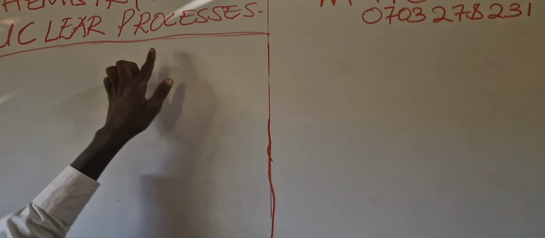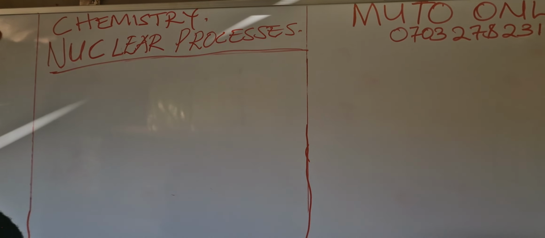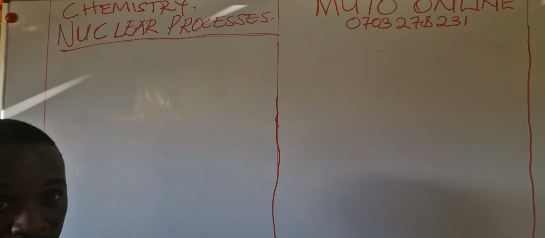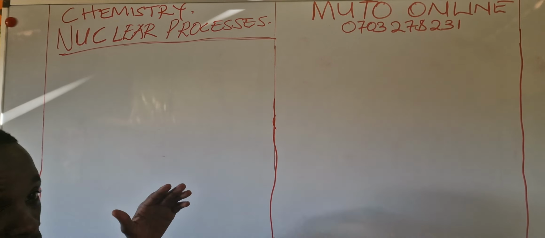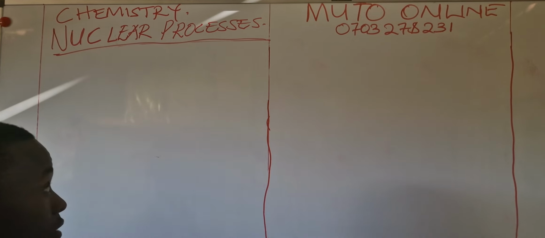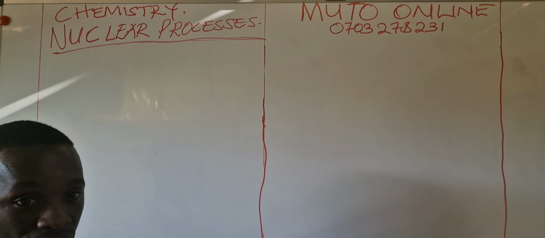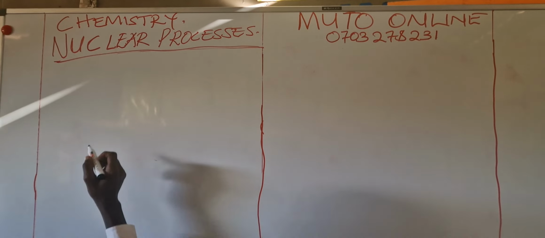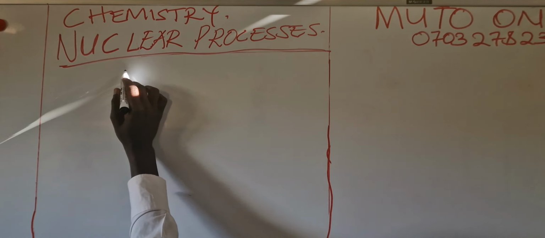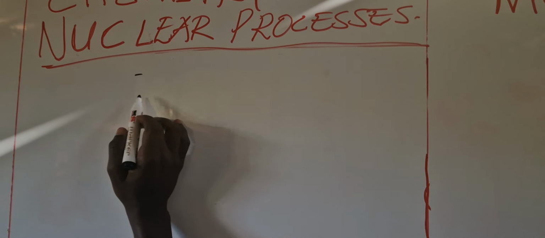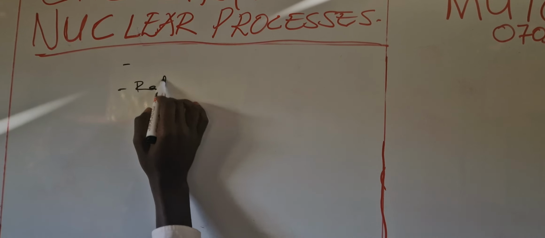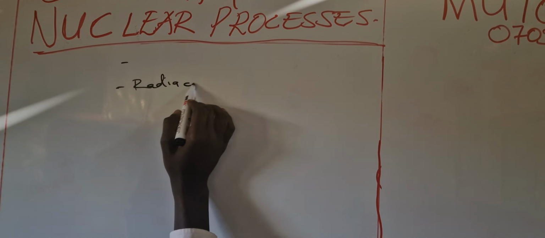We are simplifying nuclear processes. We are ensuring that this is the simplest portion of chemistry. And if you watched the first and second video, we are simplifying further this topic. In the first video, we introduced this topic and looked at the atom. In the second video, we looked at the introduction of radioactivity,